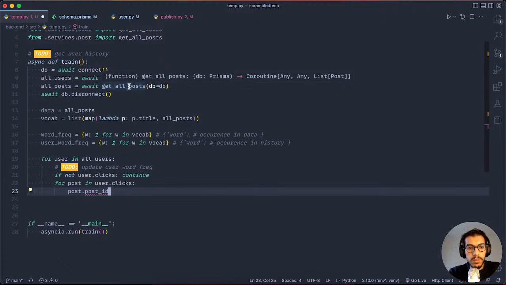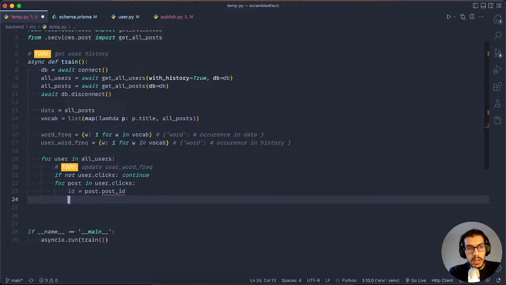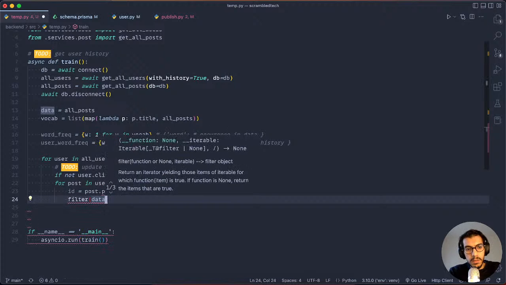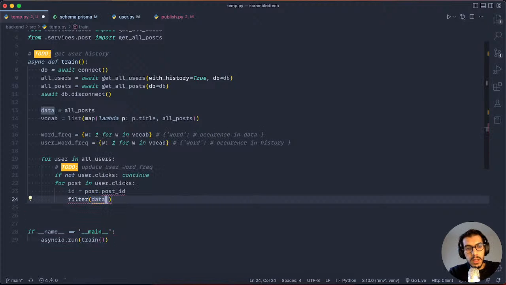Basically what I want to do, I think, is I would want to do something like this and then say all posts or data. Basically want to get the